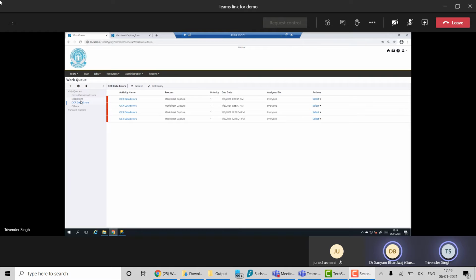But the focus on the error is to make sure what is extracted is what's there on the image. So as you can see, these are the two batches that I just processed. So if I click on one,